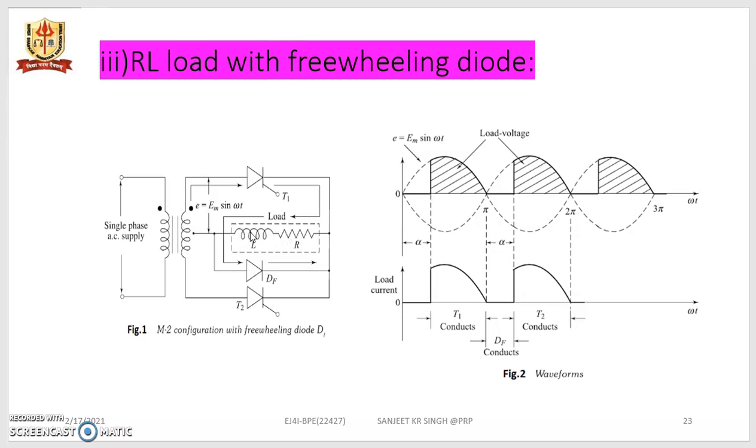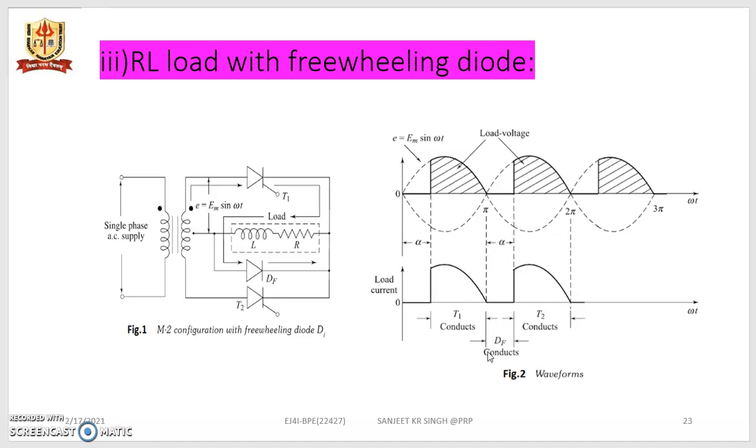stored in this inductor to be dissipated through the freewheeling diode rather than forcing the conducting thyristor to continue till pi plus alpha. It is turned off at pi instant, as it was in the case of a resistive load, and similarly is the case when T2 is conducting for the negative half cycle due to the voltage making it more positive forward biased as compared to the first thyristor, and the gating pulse arrives, and at that time it turns on and conducts from pi plus alpha to 2 pi.